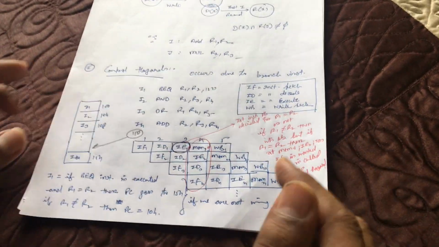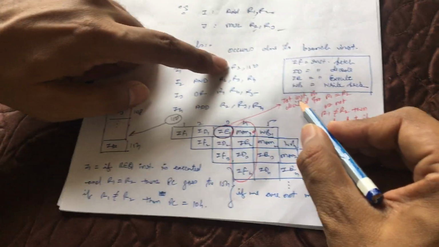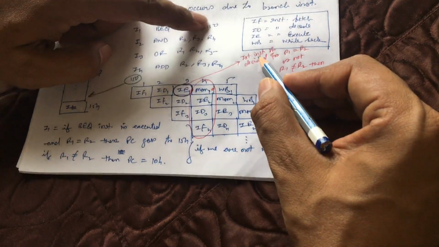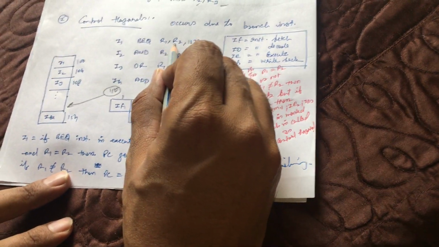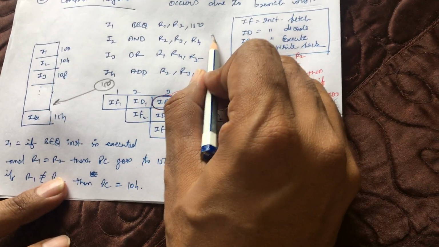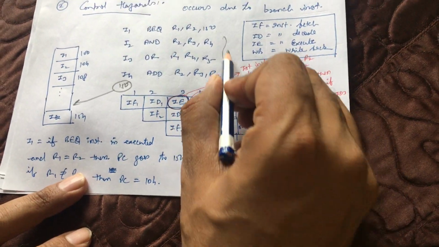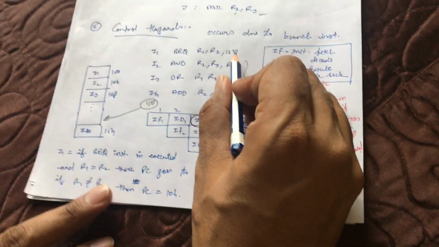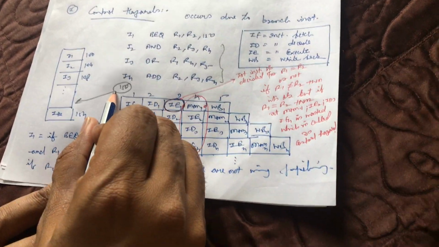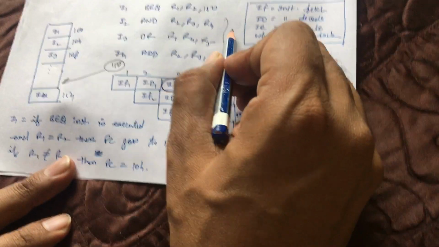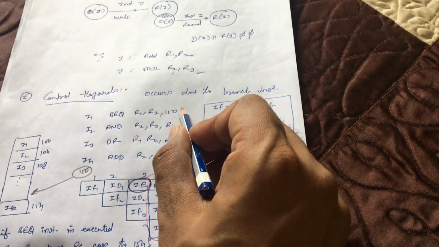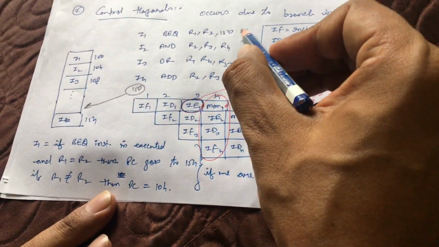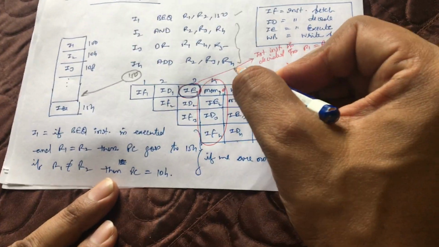But if you see it closely, this instruction BEQ R1 R2, 150, if this instruction gets true, that means if both values R1 and R2 are equal, then there is a total wastage of resources if we are executing the following instructions, even if the controller has moved to location 150. It means if this condition is not true, in that case everything is okay.